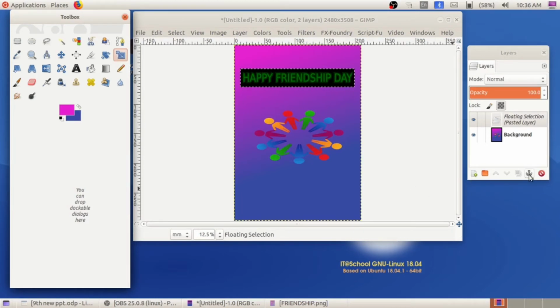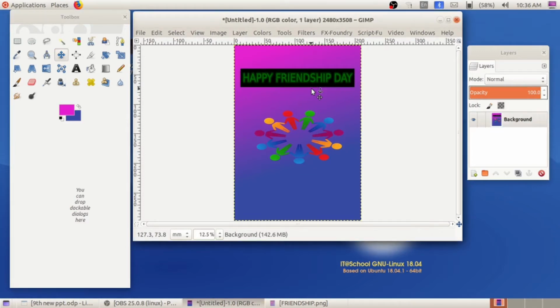After that, use the anchor tool in order to fix that logo in the canvas. In the layer palette, you can see the anchor tool, or with the move tool, it is inbuilt with the move tool. See that symbol of that tool, the anchor tool. So it is inbuilt with the move tool itself. So click on this canvas. See, our logo and our image got fixed in the canvas.